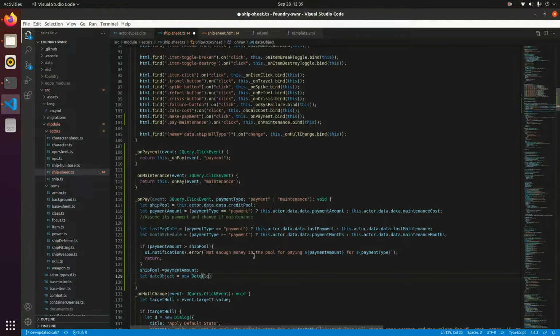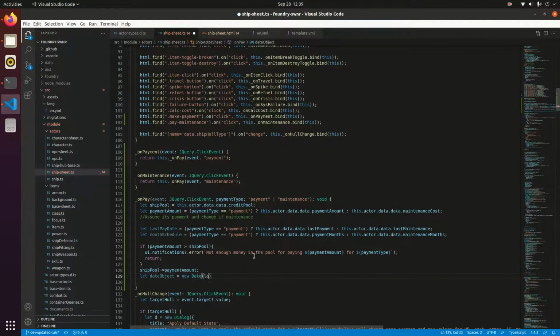So we're going to say date object dot set month, and then we're going to say date object dot get month plus month schedule. Okay, so this will go ahead and update the month. So let's go ahead and give this a go. Now what we need to go ahead and do is update these objects here. So we need the keys associated with this. We could issue a conditional update statement, or we can go ahead and set the keys and build the object. Let's just go ahead and issue a conditional